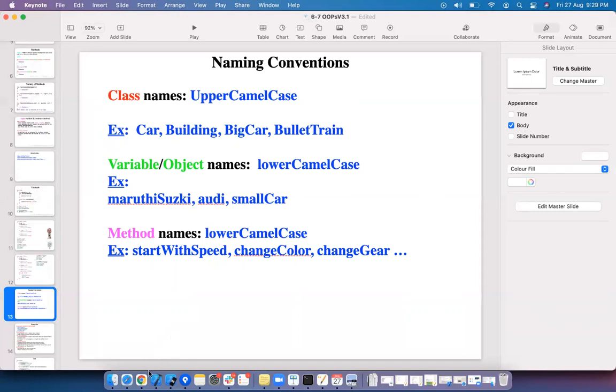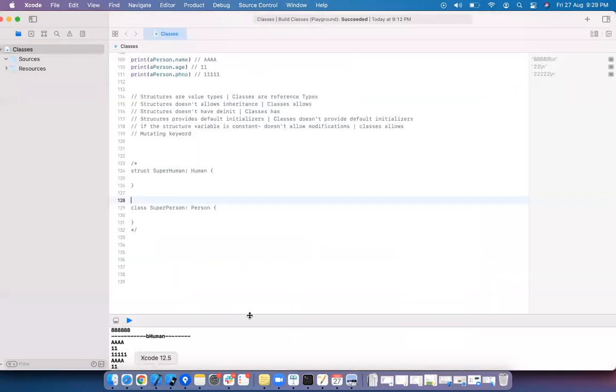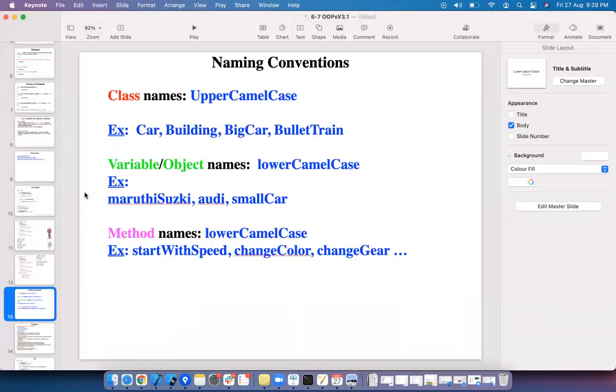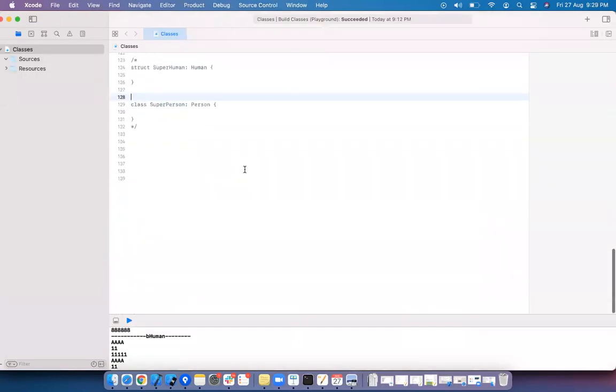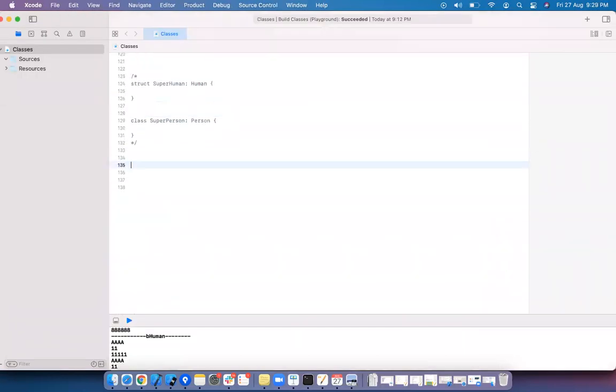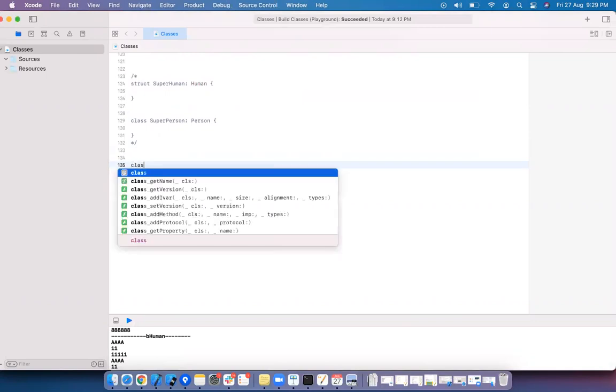Okay, let's see instance methods and class methods. I'm writing a class.